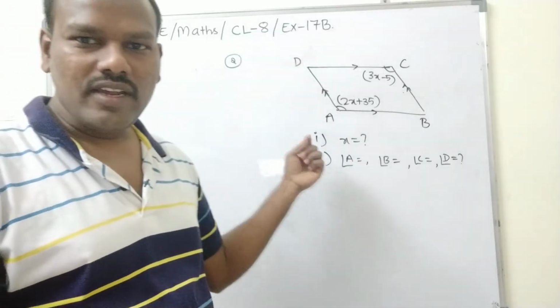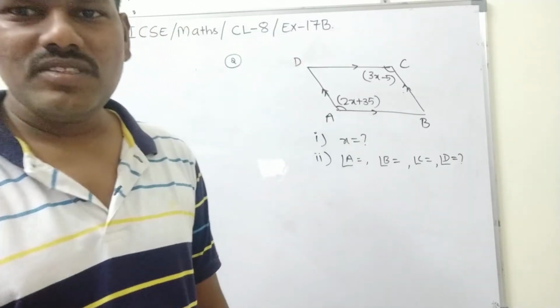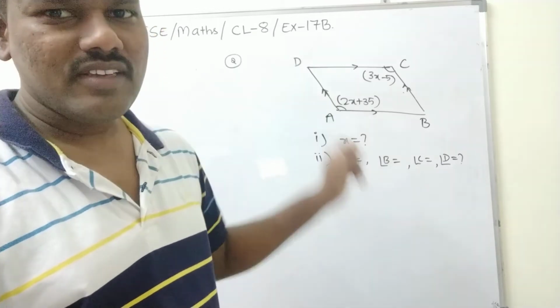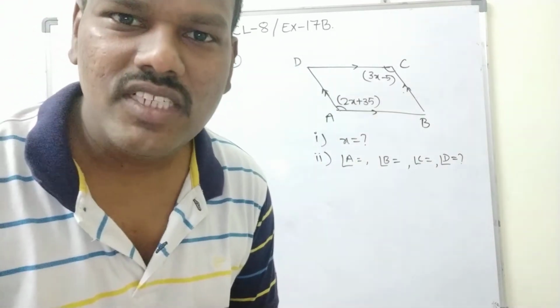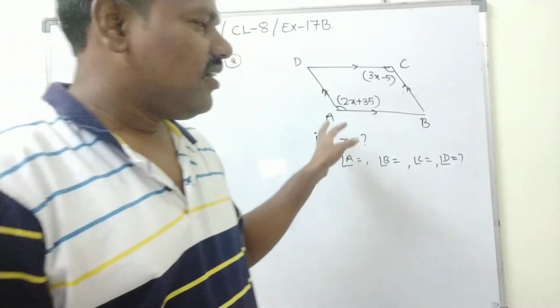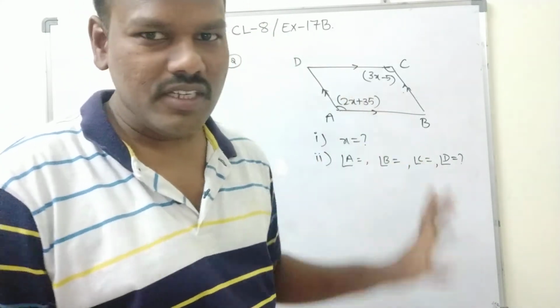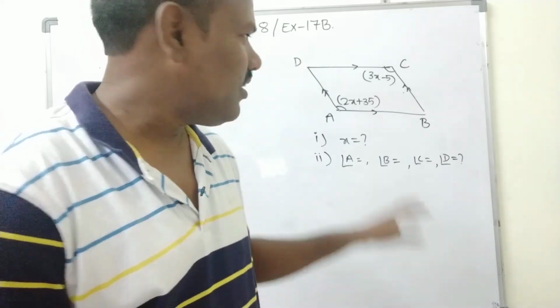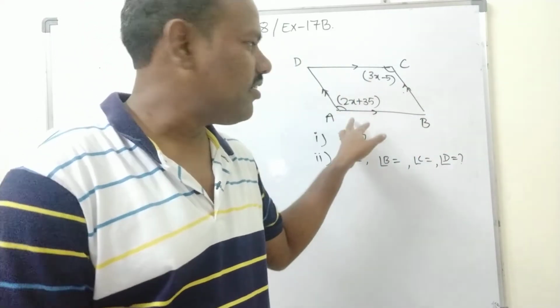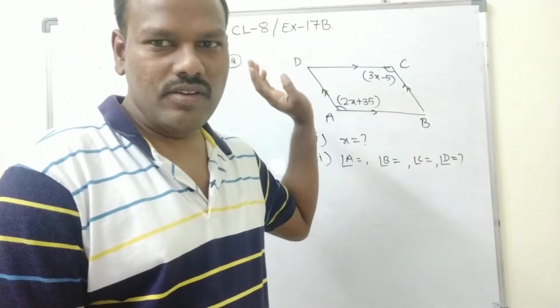This fellow has slightly changed the figure. The first question he gave in one manner, the second question he gave in a different way, just to change the routine. What we have: ABCD is a given parallelogram. Here, ABCD is a parallelogram. See, I am reading in sequential order: A, B, C, D. Okay.